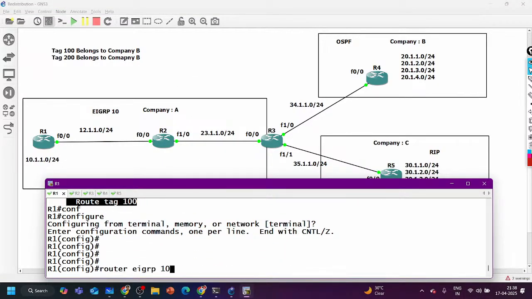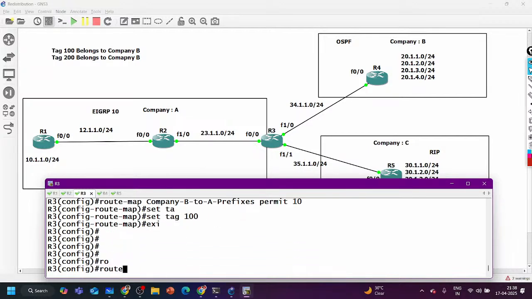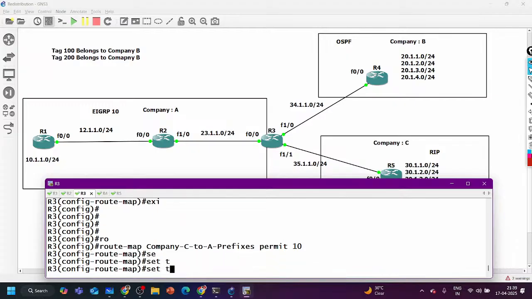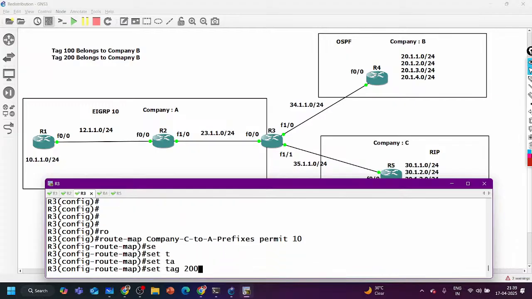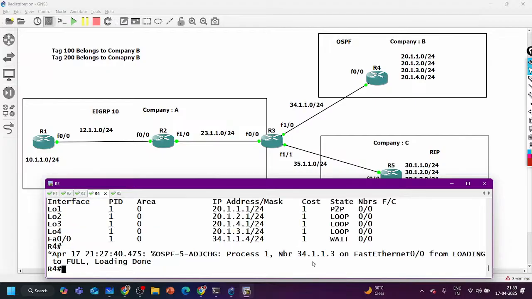Route map company C2A prefixes permit 10, and here I can say set tag 200, right?